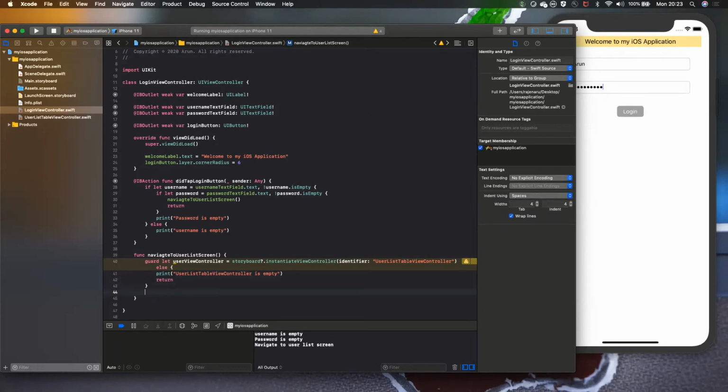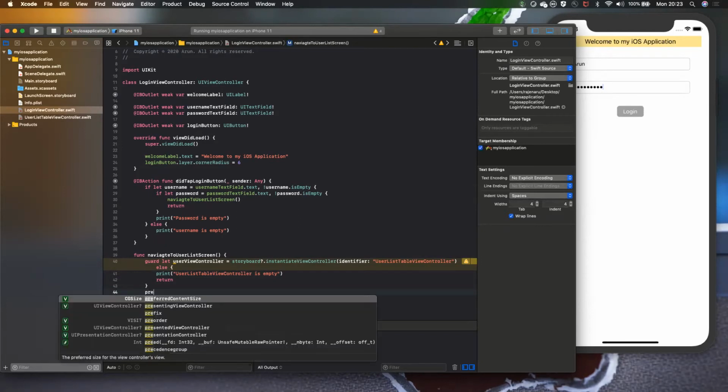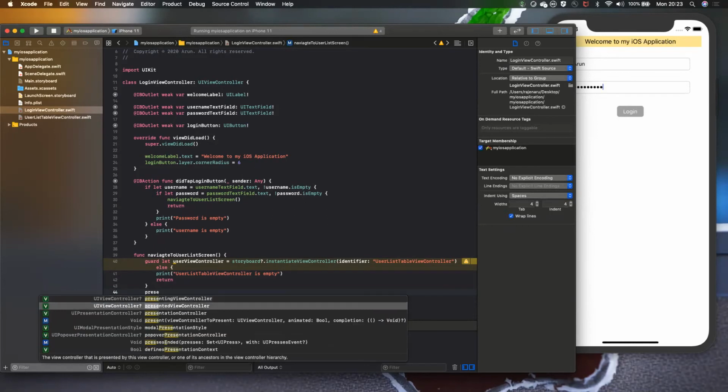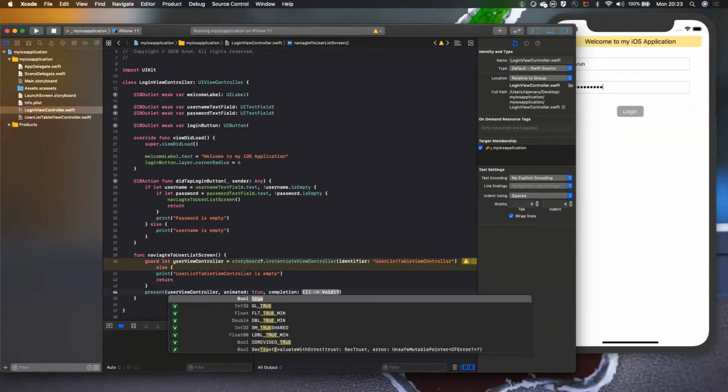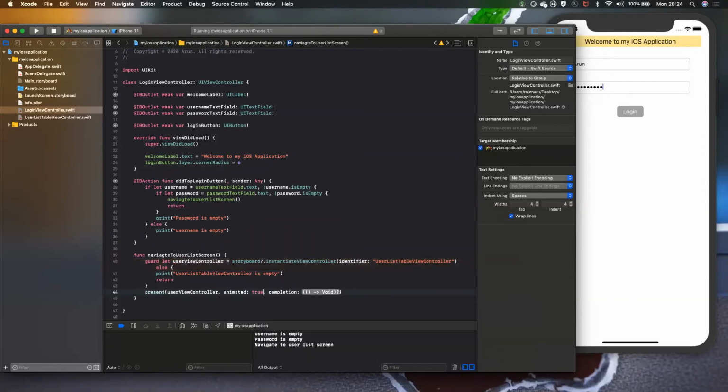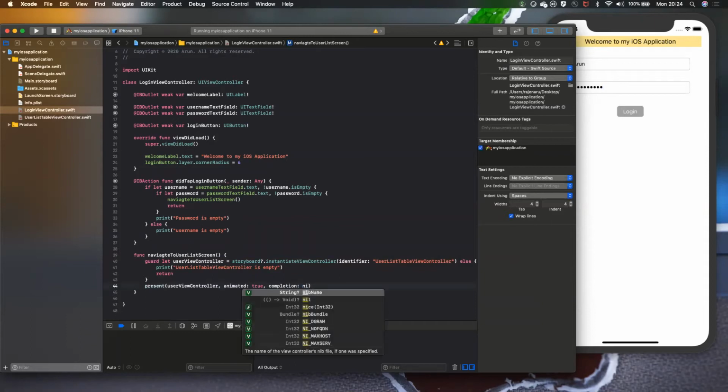And the next thing we'll be doing is we need to present the user view controller. For that, there is a method you can use, present. You need to specify this user view controller. Just type user view controller, and if you want to show some animation like a moving screen, you can just click on true. It will load with the default animation. And the completion handler, we don't need to look into that basics. We just provide it as nil. We won't be handling any completion part.